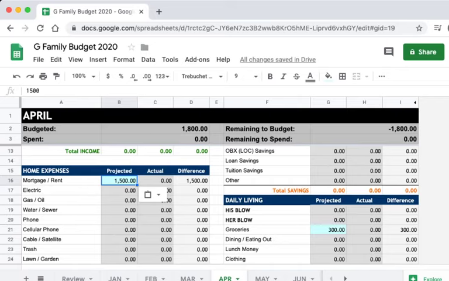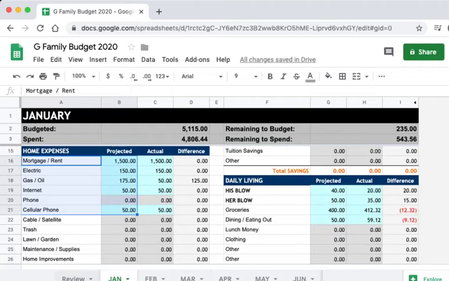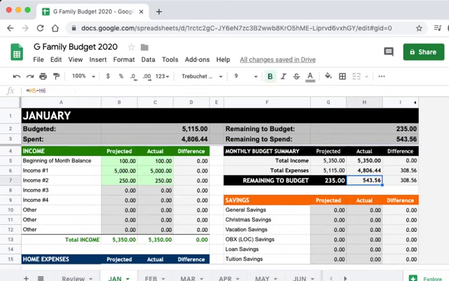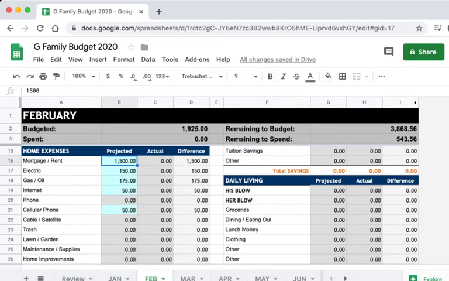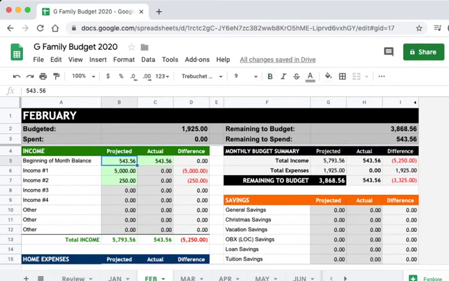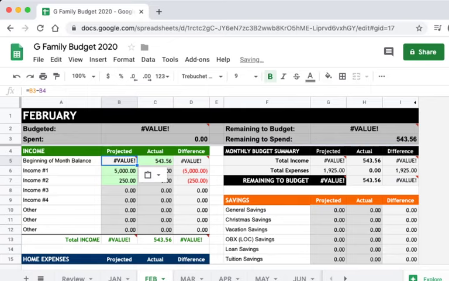Okay, we got a question. Is it the H7 or I7 carried into next month? So it's this one right here, H7. Good question. It's H7 that's carried into next month, and you don't want to hit copy. You don't want to copy this and then put this in here because it does this error. Because you're copying the formula, right? So if you try to copy